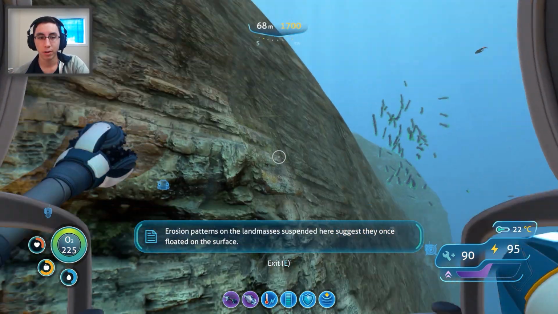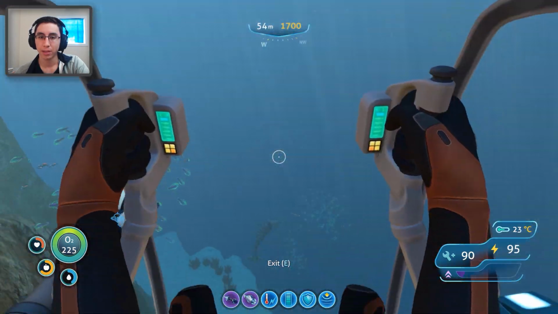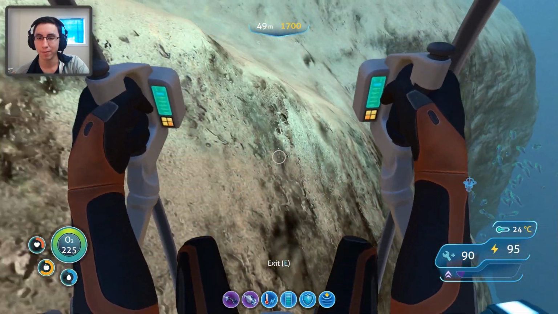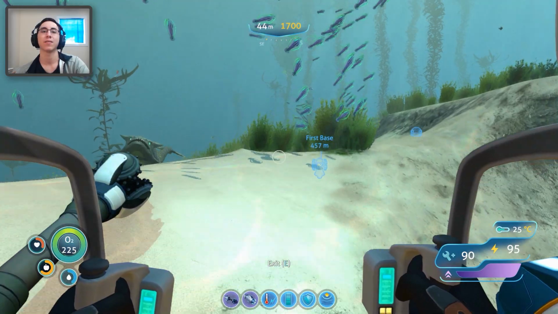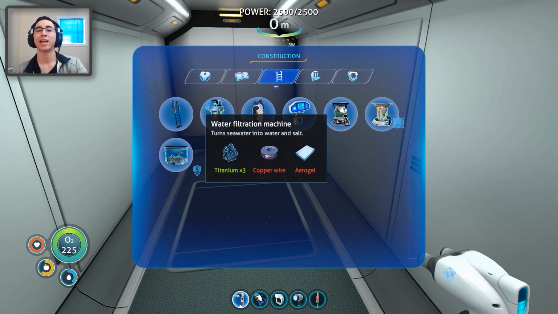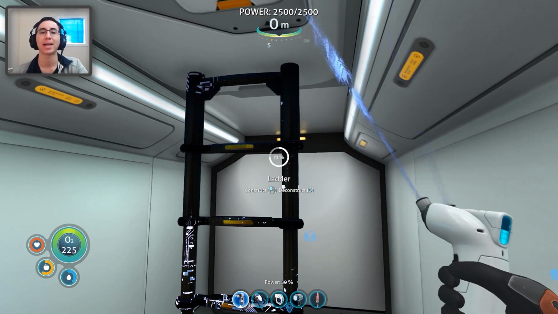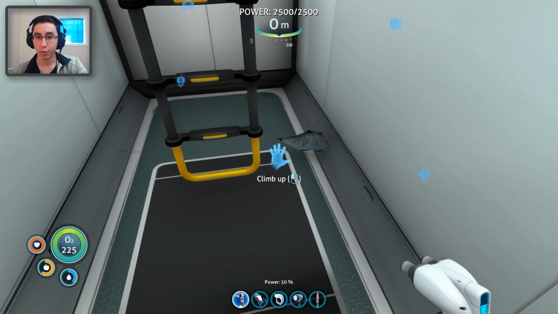Oh! Ooh. The land masses once floated on the surface and then they fell down? That's pretty cool. You know, I'm still getting some facts this late into the game. You know what? That's nice. I should have enough titanium and quartz now to build what I want to build. It's starting to take ages and ages now to go out and get the resources I want to use and then come back here and then build it and then go back and forth and back and forth. What the...